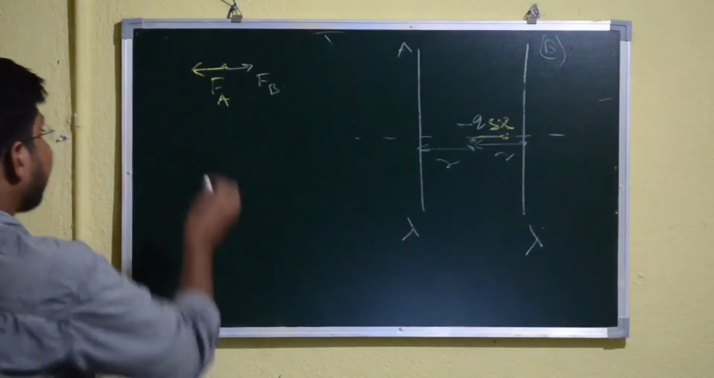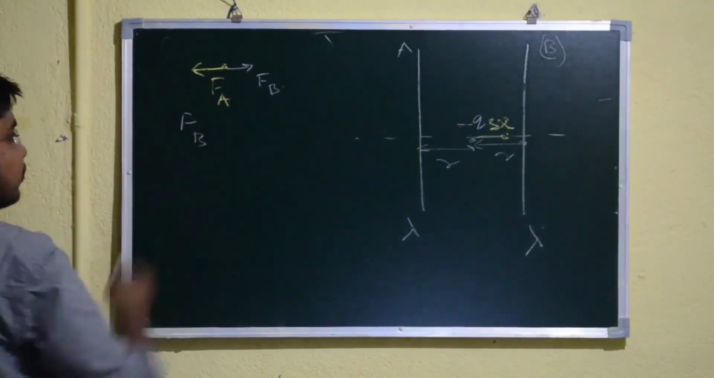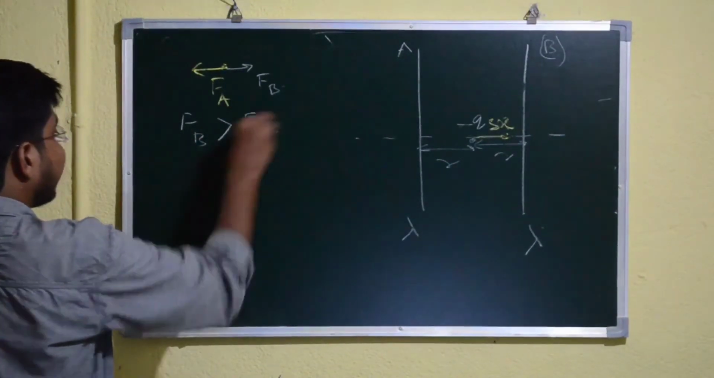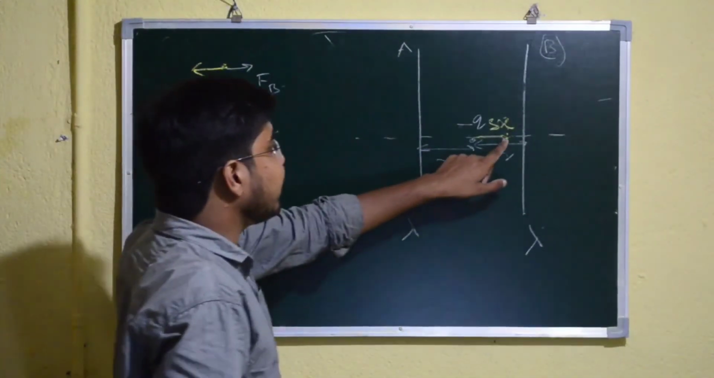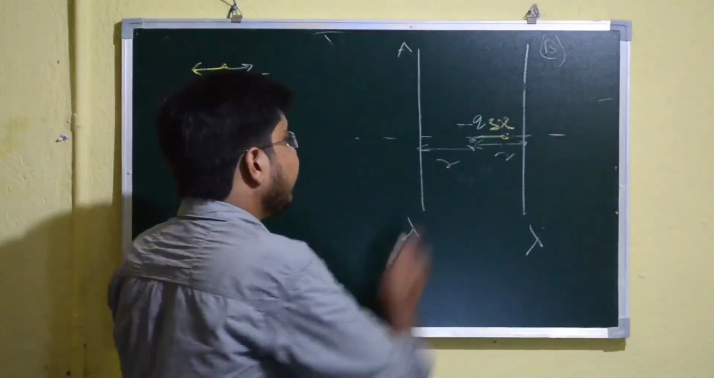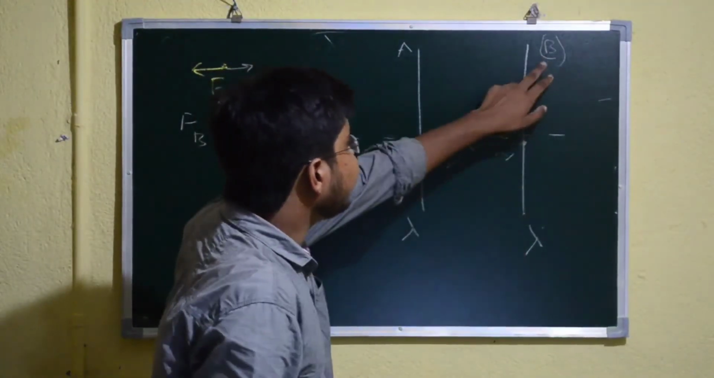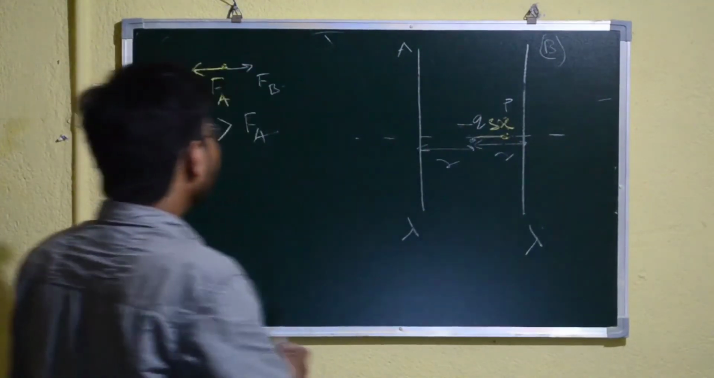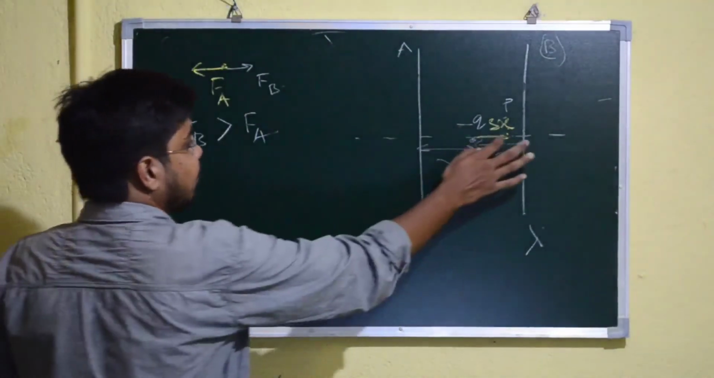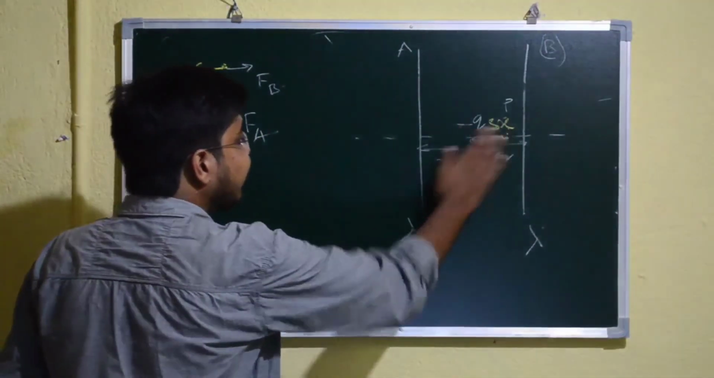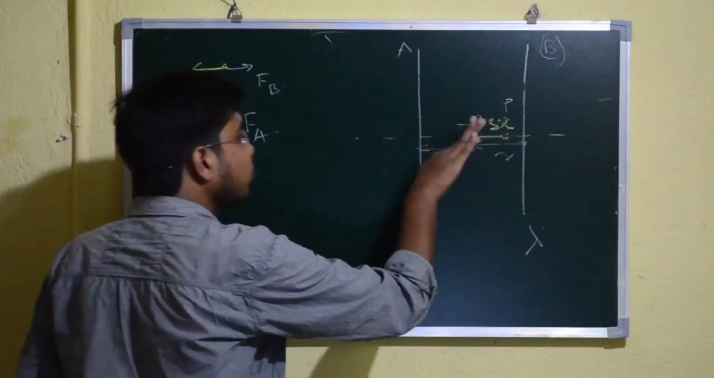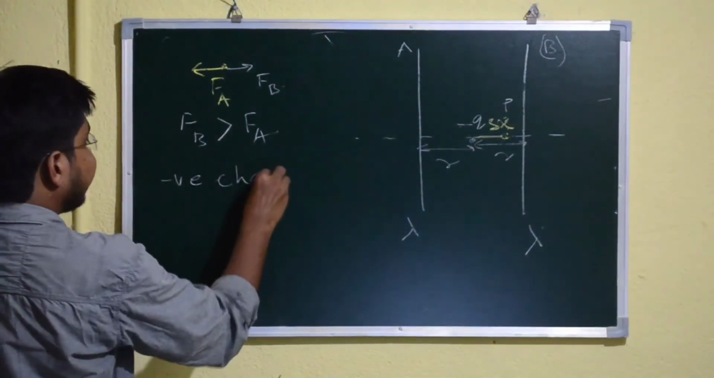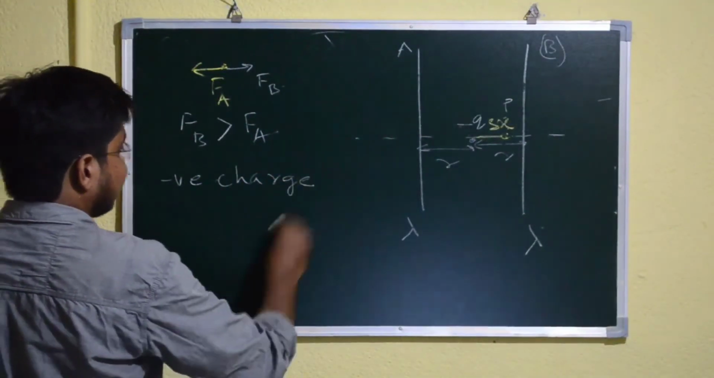Now Fb, by the diagram we can easily find, is greater than Fa, because the electric field at point P due to B is greater than the electric field at point P due to A, due to which a net force is generated on the negative charge, and it will move in the direction of the net force. Hence, the negative charge moves